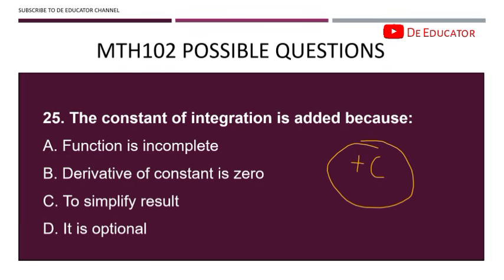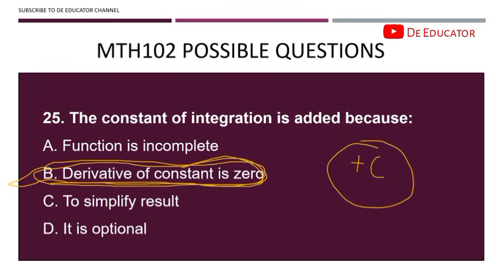Option C says to simplify the result. Is that correct? No. The correct answer is because the derivative of a constant is 0. The derivative of a constant is 0, which means that for us to get that integration, let's say you are given a question as y square plus,